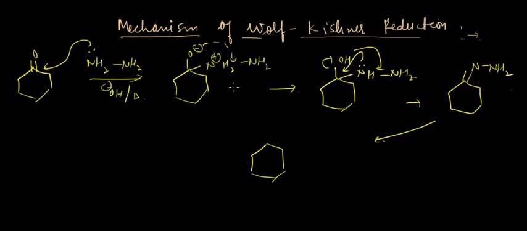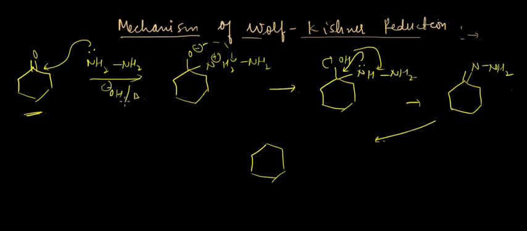Okay, hi guys. So in this lecture, we'll be seeing the mechanism of Wolf-Kishner reduction. In the previous lecture, we actually discussed the Clemmensen reduction and Wolf-Kishner reduction, but we were only able to see the mechanism of Clemmensen reduction. So in this lecture, we'll also be seeing the mechanism of Wolf-Kishner reduction. So we had a compound like this, a ketone, and then we were reacting it with reagents called NH2NH2 and